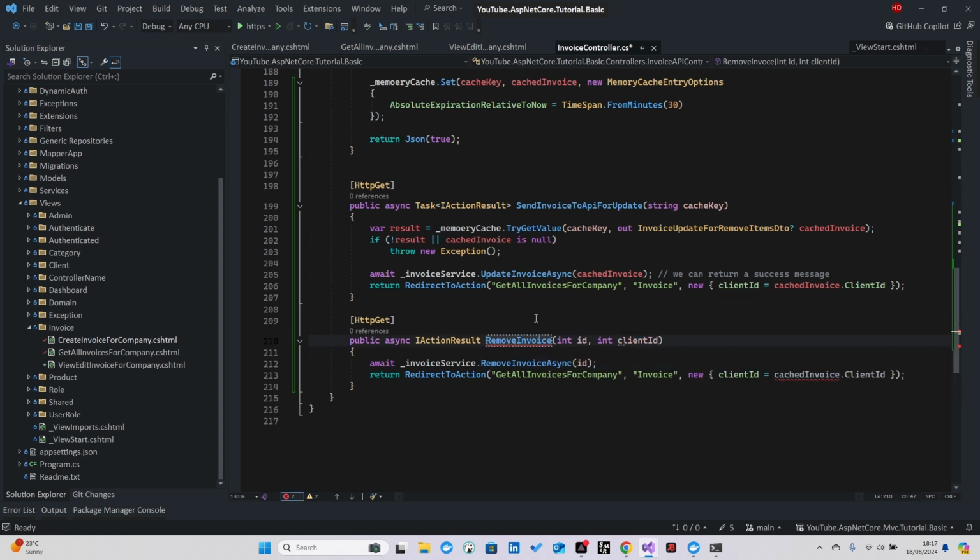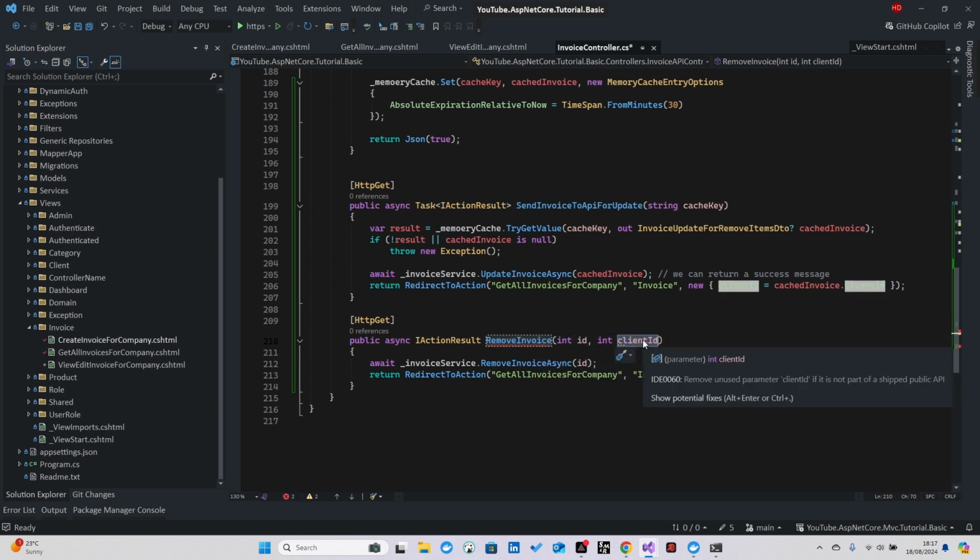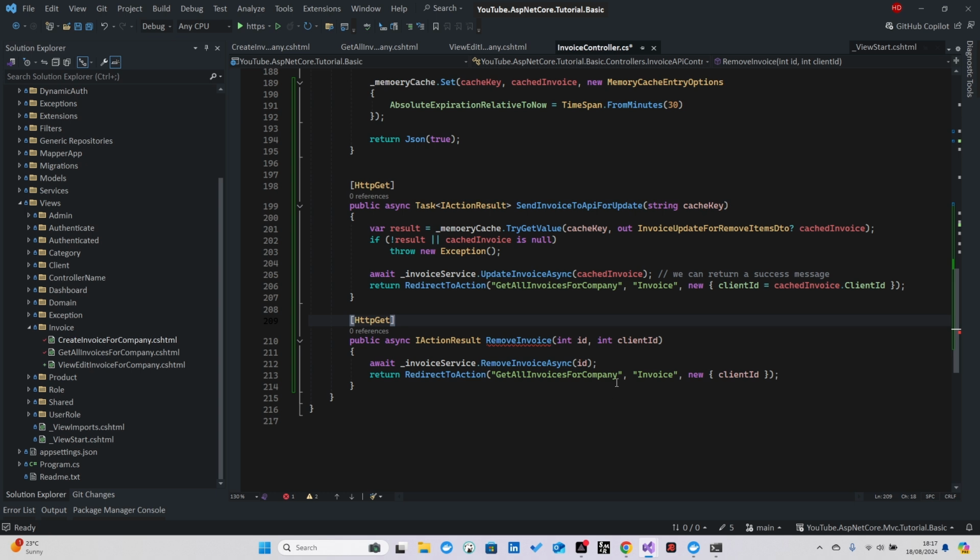This is going to be invoice, perfect. Client ID is going to be client ID. Alright, let's wrap these action resolve with a task, which is